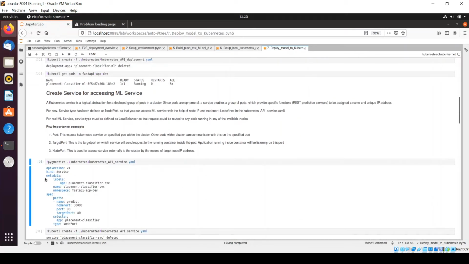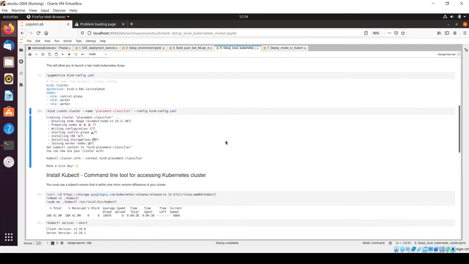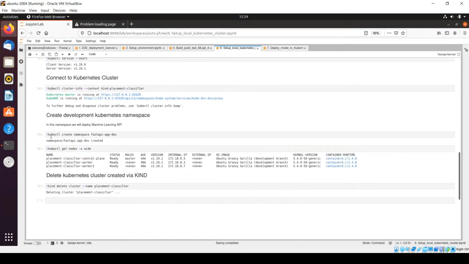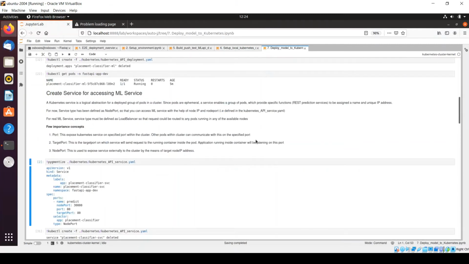And also we can define some metadata for this label definition. I mean, that's used only for the service. You can also see that we are deploying this service within the namespace fast API-app-dev. Right? If you look at the previous Kubernetes setup, we had defined one namespace, this one. We have defined one namespace, and we are deploying all our ML API within that namespace so that we can differentiate what functionality we have deployed in that given namespace.